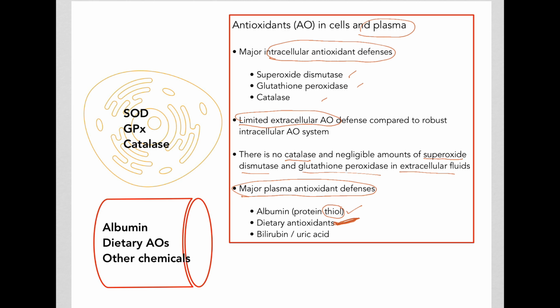and some chemicals present in the blood such as bilirubin and uric acid that come from breakdown. Bilirubin comes from the breakdown of heme. Uric acid, as we discussed in an early video, is formed from the breakdown of purine nucleotides. They can also act as weak antioxidants. Now, one